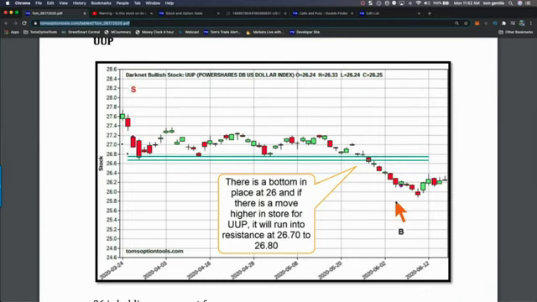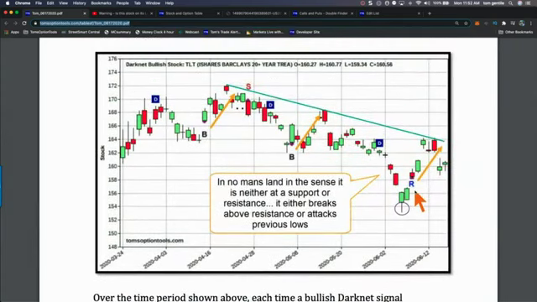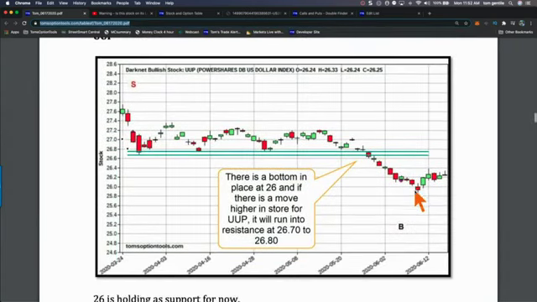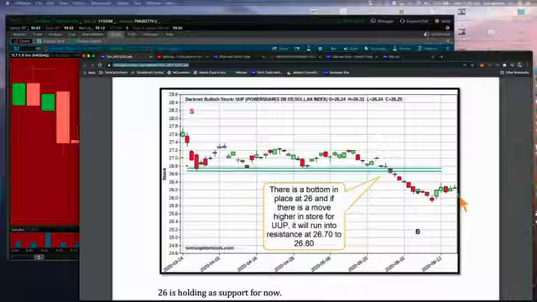But we utilize it, all right, because if you have a buy signal, for instance, in bonds, and you have a buy signal in the US dollar, what goes down when these two go up? I'll tell you what goes down when these two go up. The stock market. All right. So where is UUP trading at right now? Well, let's look and see.